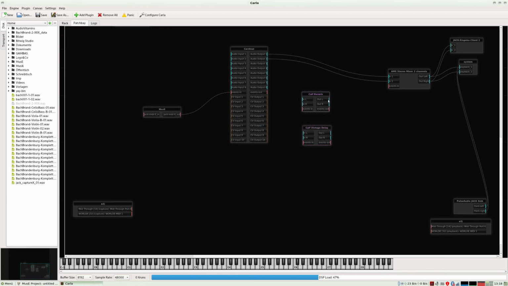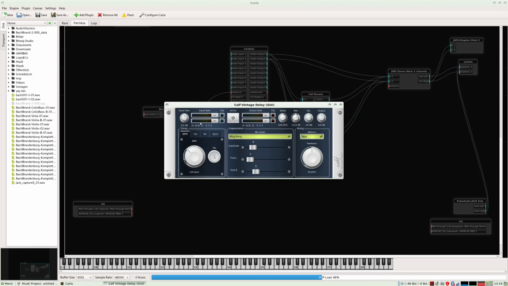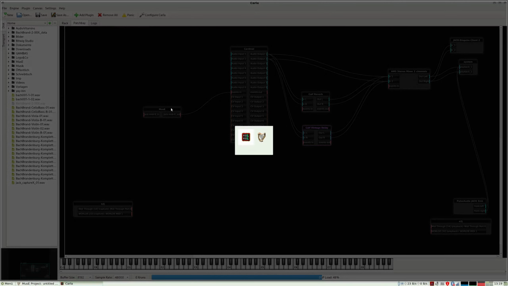So I put this one here to there and there, and this one to there and there. Now I put the inputs here, outputs here of the Cardinal to there and there. And I put the input gain here a bit lower for these two effects, and I start Muse play.